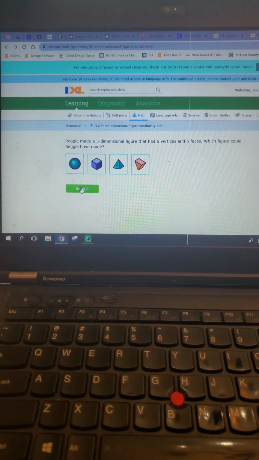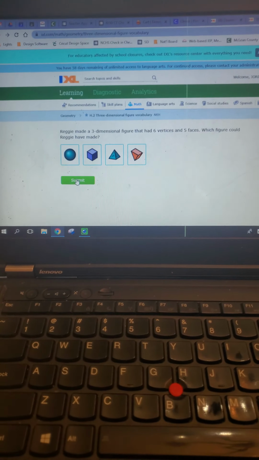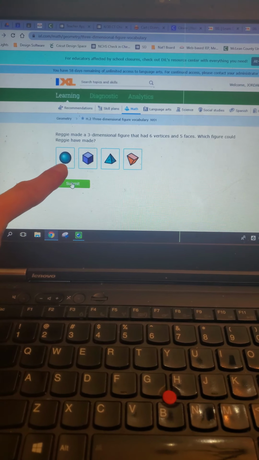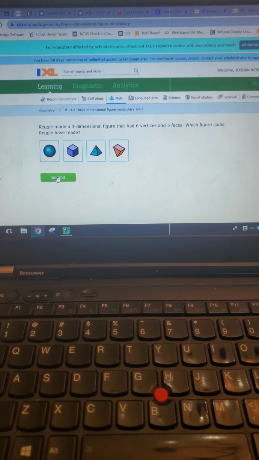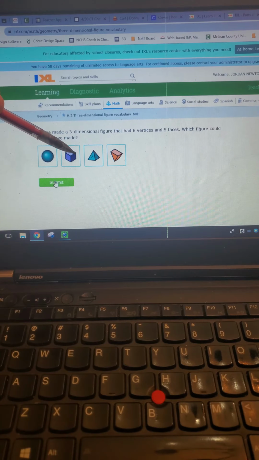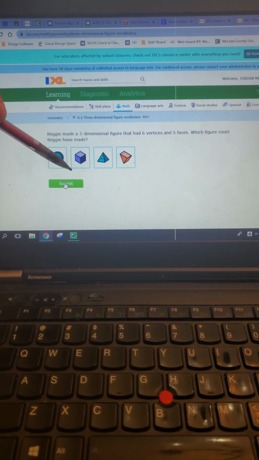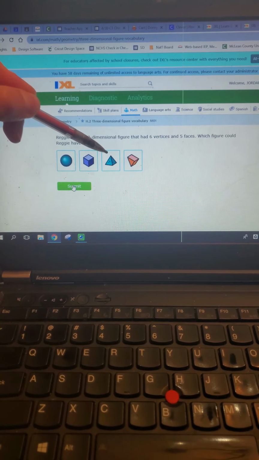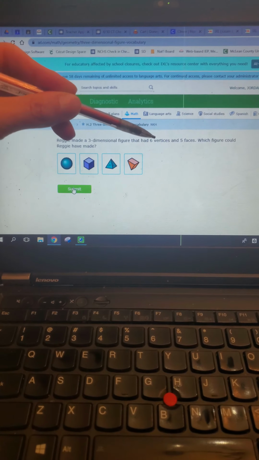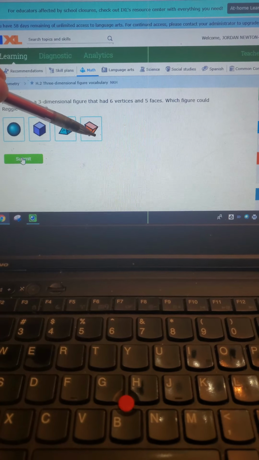Reggie made a three-dimensional figure that has six vertices and five faces. Which figure could Reggie have made? So this has curves. There are no vertices or faces. If I look here, six vertices, one, two, three, four, five, six, seven, and there's one more, eight, in the back. So that one's already out because it has eight vertices. So then if I look here, one, two, three, four, and one in the back, five vertices. We want six vertices. So let's come over here. One, two, three, four, five, six. There's our six